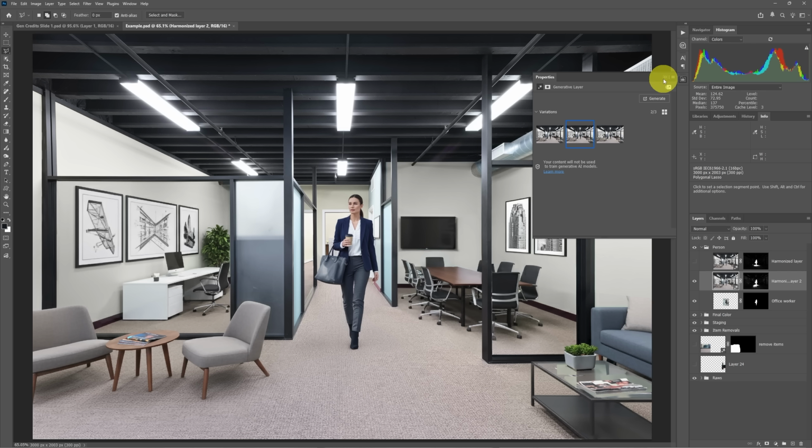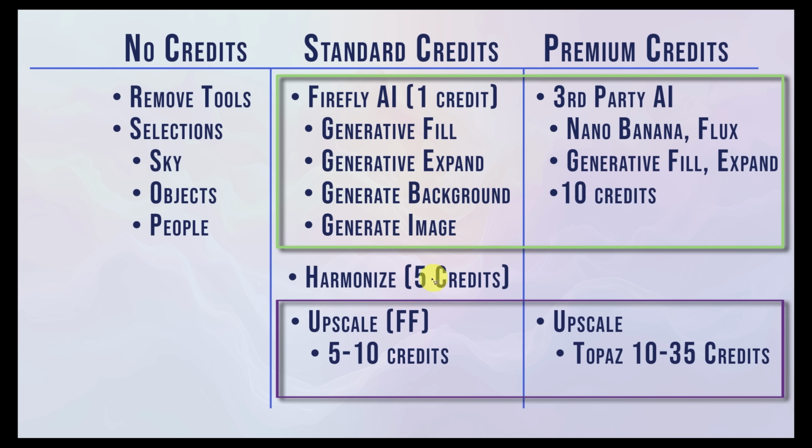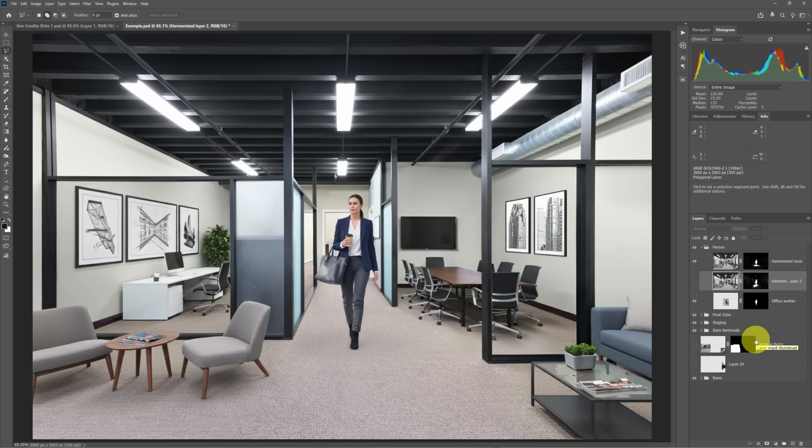Now, this did cost me a little bit more since Harmonize does cost 5 generative credits. But those are your standard credits, not your premium ones. So this is even less expensive than using premium credits that I'd use for Nano Banana. And the resolution is actually pretty good with using Harmonize. So I see this as a feature that would be very useful for the type of work that I do,